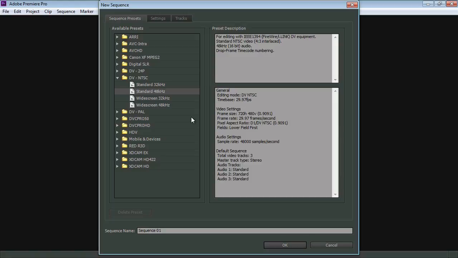In the new sequence dialog box, we see there are 3 tabs that we can take a look at when we're creating our new sequence. Now, if we're using video that we're not familiar with, we can actually click cancel at this point and go into Premiere Pro and create our sequences once we're in the project. But we're going to go ahead and create a sequence at this point and show you what the different settings